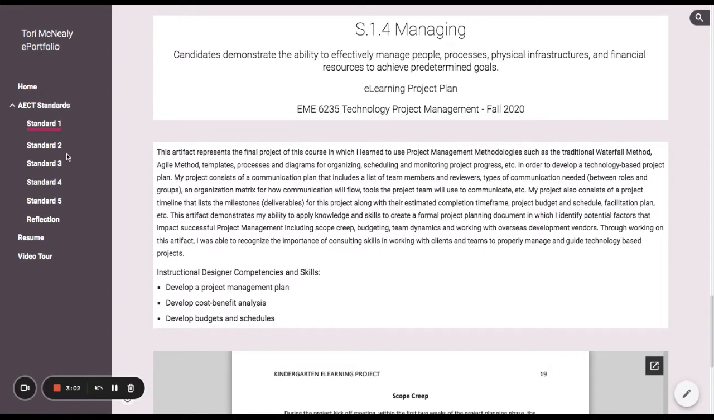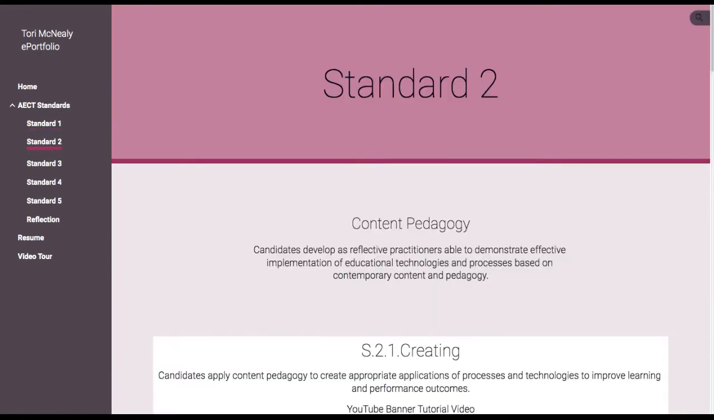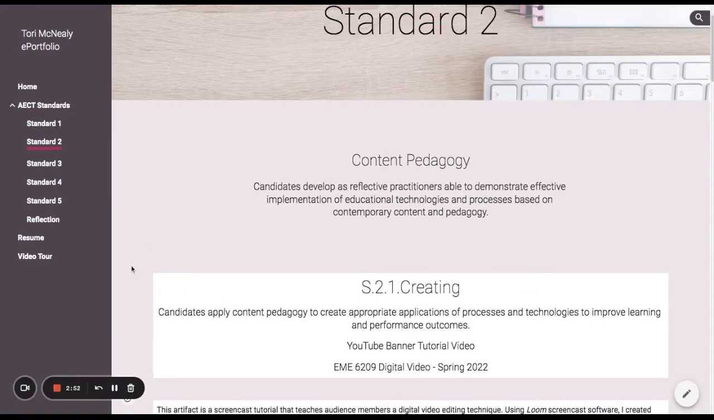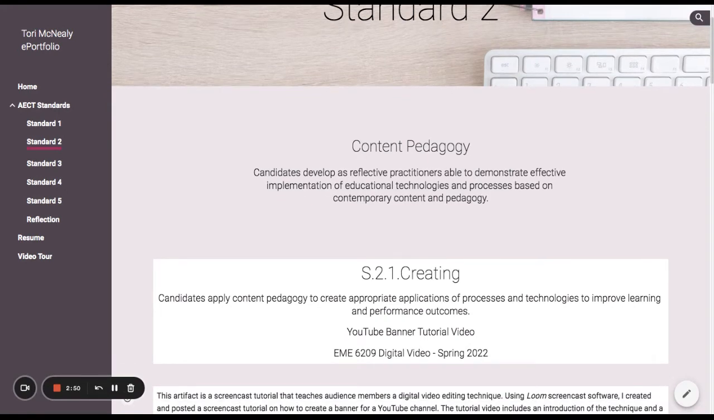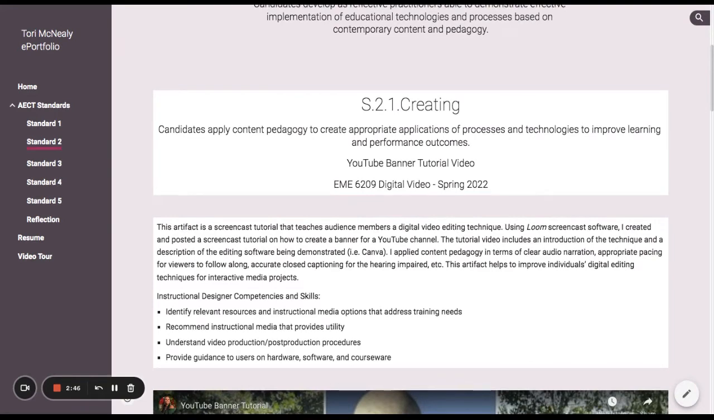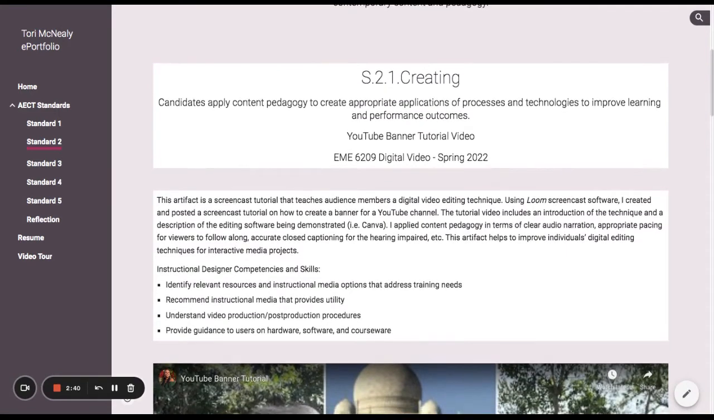Now let's move on to Standard 2. In Standard 2, again, I chose three substandards to show how I displayed my knowledge of content pedagogy. Substandard 1, creating. I was able to apply my content knowledge from my digital video course and make a YouTube